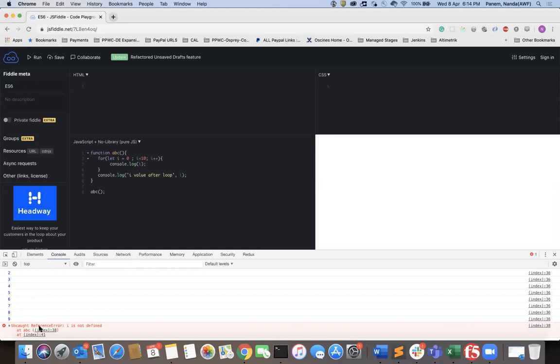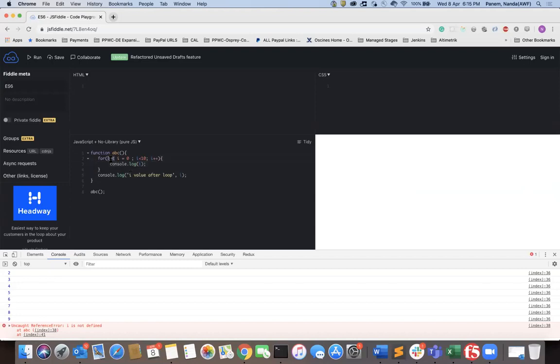So what happens here? In ES6, it came up with a concept called block level scoping. When you create a variable, that variable will be live inside the block. So what is a block? It may be a function, or a for loop, or an if, or any loop. If you are keeping a set of statements in a block, that variable will be live from there to the end of this block. After this, it won't care.